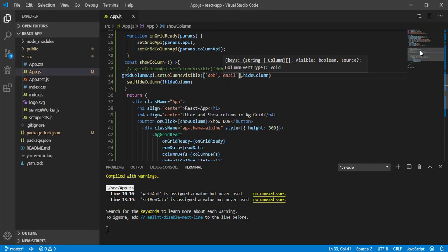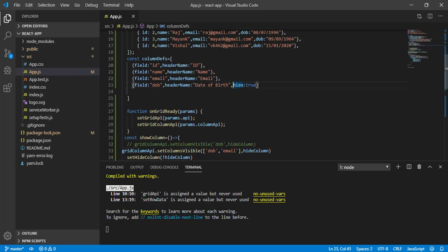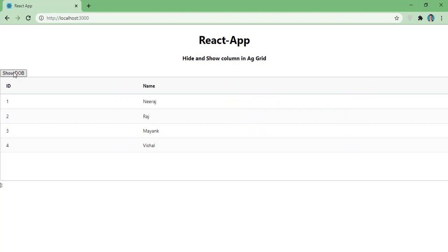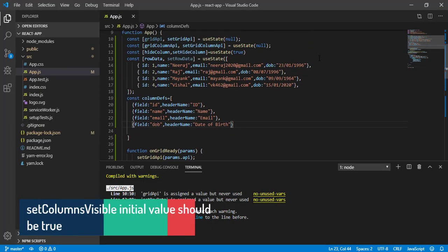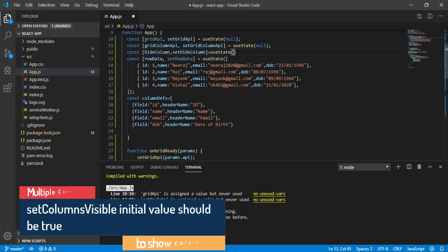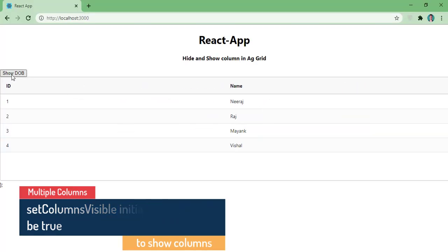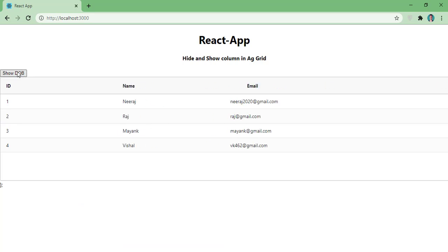Okay, so here if you don't want this initial property, you can remove it. Okay, now save it. So initially both will be visible here, as you can see, and on click of this you can see it's not gone, and once again I will click, both have gone. So here initial value I need to make false. Okay, so now here you can see once I click here, both have gone, and once again I click, only one came, but here another one is not visible.